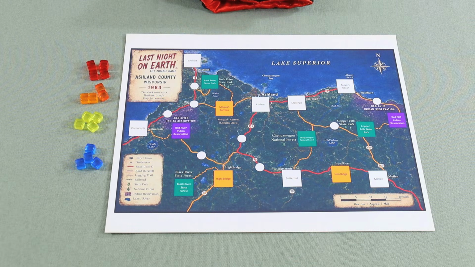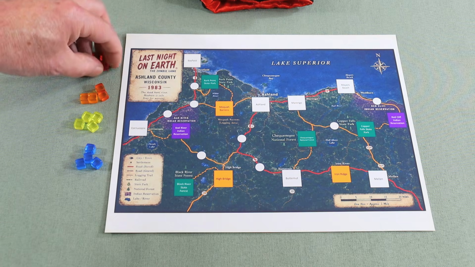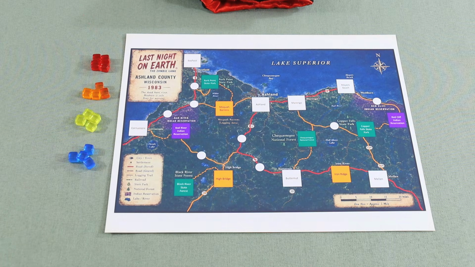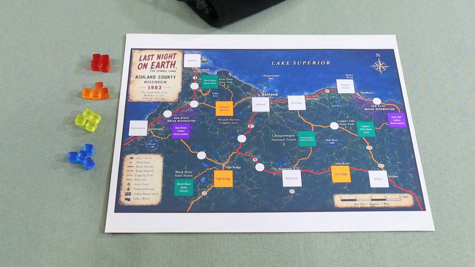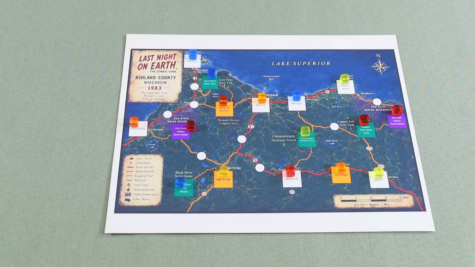To begin the setup of the campaign map, we're going to be taking 4 cubes of each of the colors that I had designated before. We're going to place them into a draw bag, and then we're going to randomly place, by drawing out of a bag, 1 token of each kind in each of the square locations. And those are going to be resources that the heroes will know that they can acquire by traveling to that area. Okay, so we've randomly placed these cubes on the various locations on the map, and this gives the team an incentive to travel to that area for whatever commodity they might need.